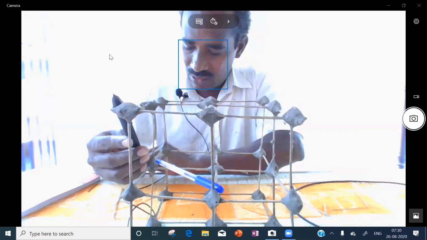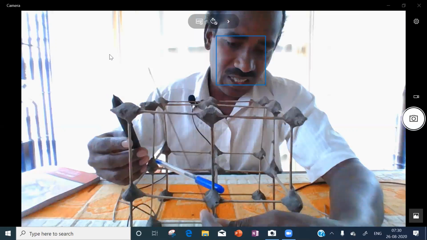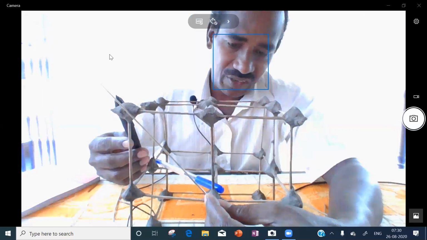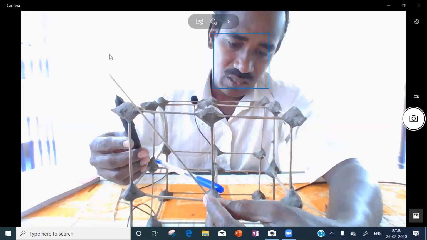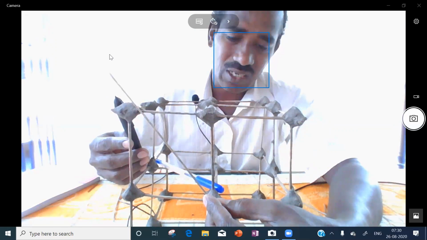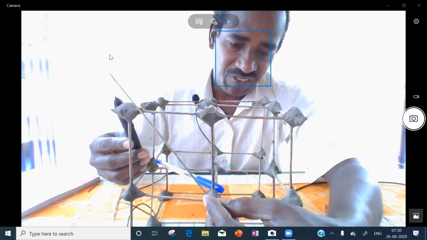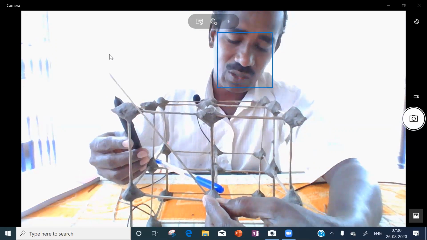Then this front face center to corner. It is one triangle. Front face center to corner. So it is the third triangle.